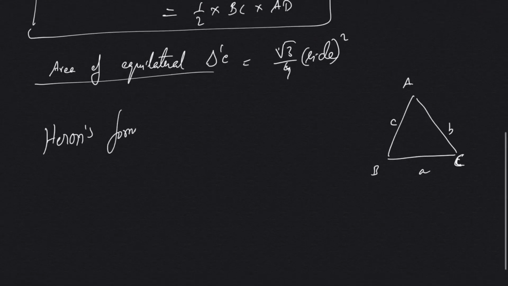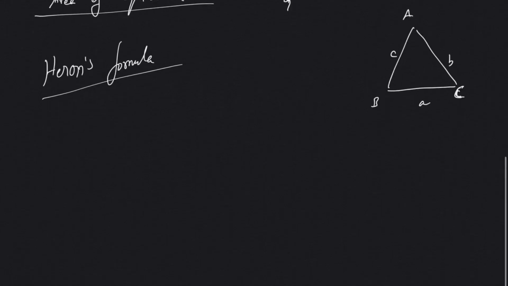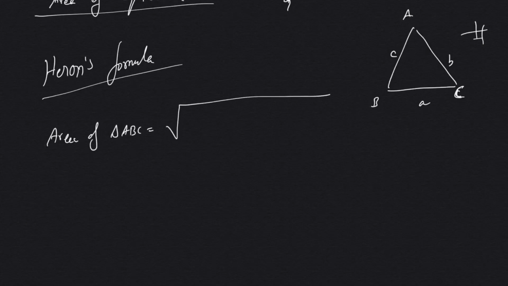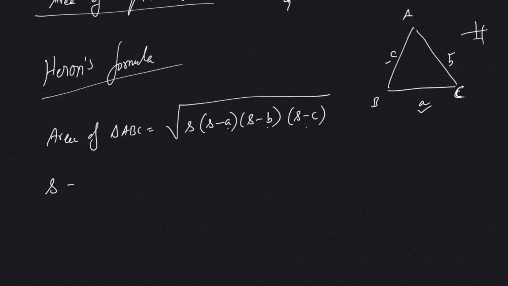Heron's formula, and he states that the area of a triangle whose sides are a, b, c, as mentioned here, the area of triangle ABC will be given by root over of S into S minus a, S minus b, S minus c, where the small letters a, b and c denote the respective sides of the triangle, and S here actually denotes